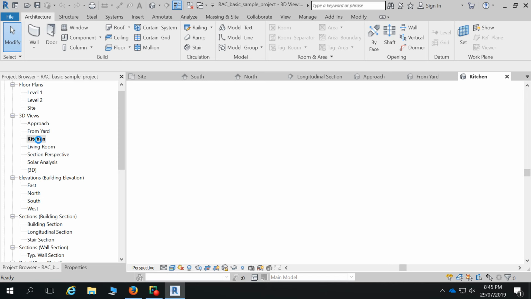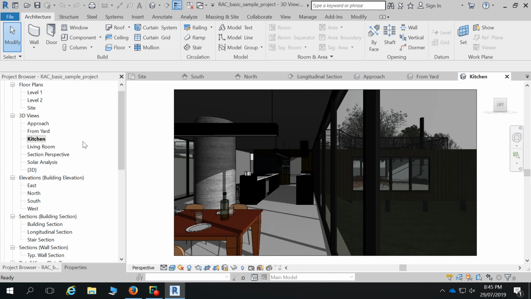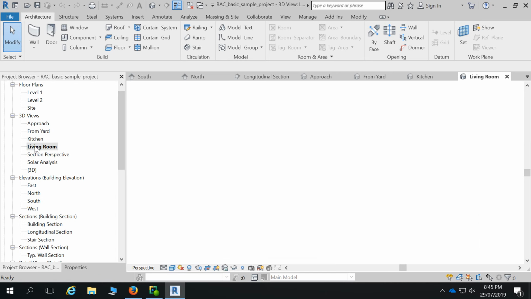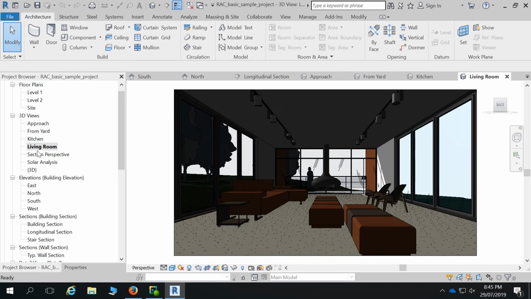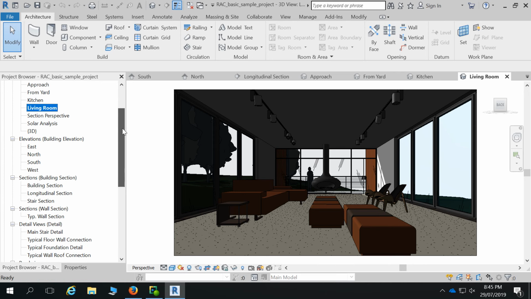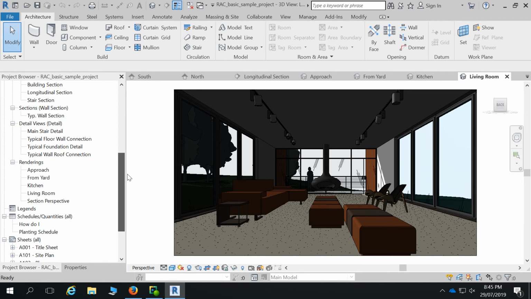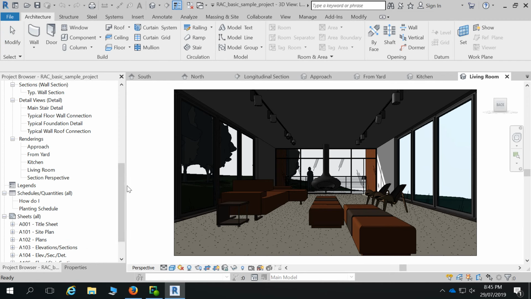The kitchen's quite a good one. It's got a lot of little detail in it as well, like a bottle of wine and some glasses, etc. The living room. And if you scroll down in your project browser now, what you might actually see is this rendering